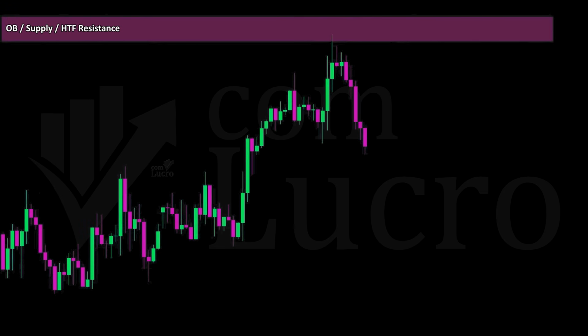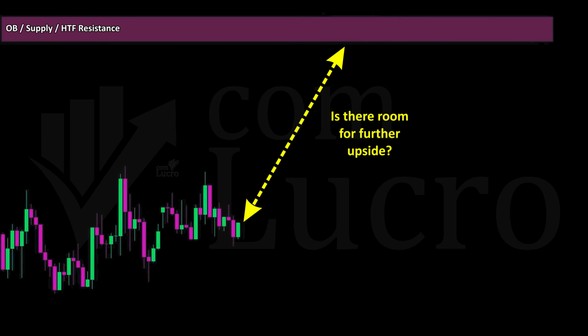The first reason is that higher time frame levels are more important. A minor reaction at a key level on the higher time frame can lead to a significant trend change on the lower time frames. That is why, before placing any trade, we should always check how much room price has before reaching a higher time frame supply or demand zone. This helps us set more accurate targets and stop losses, and it also helps us avoid entering trades that are